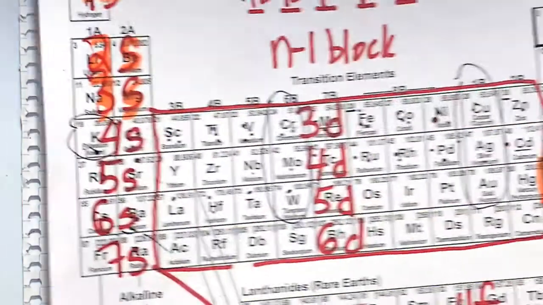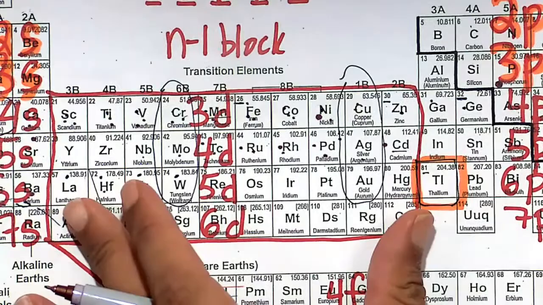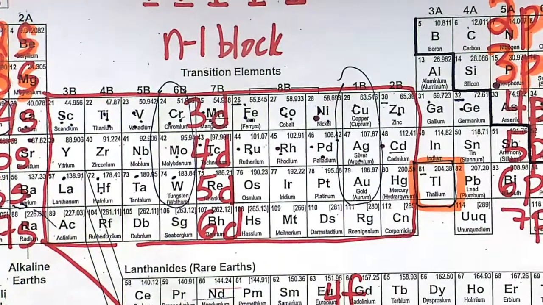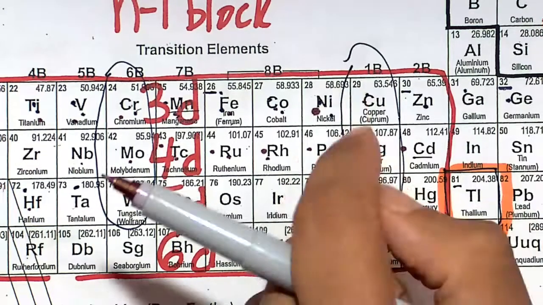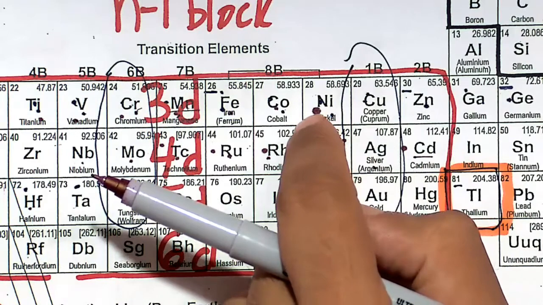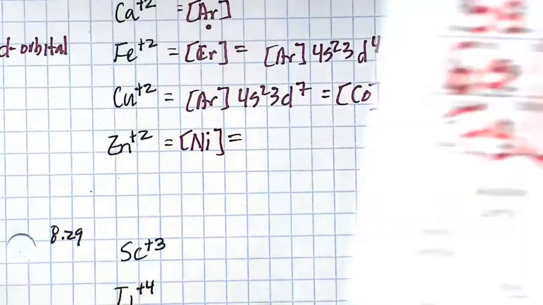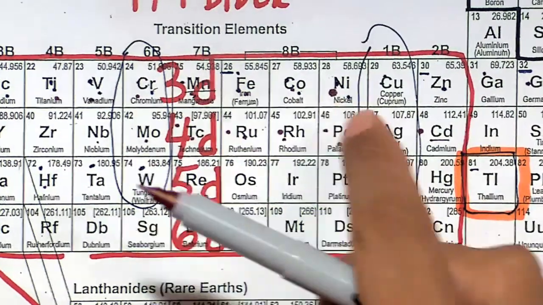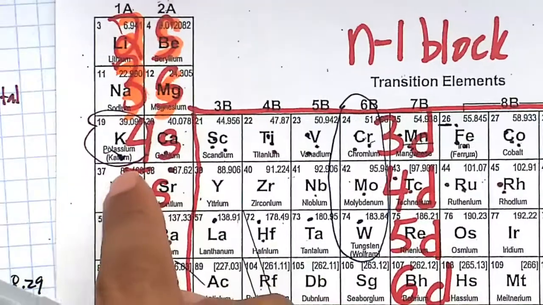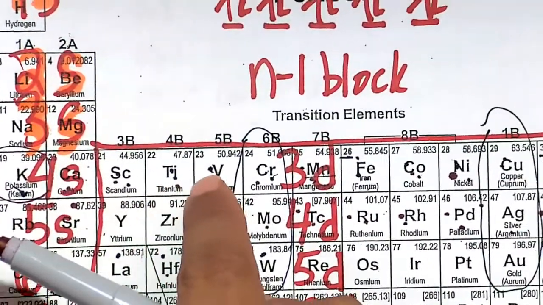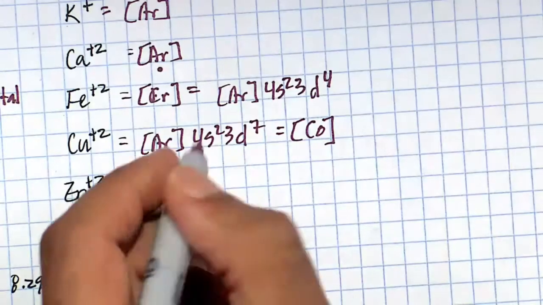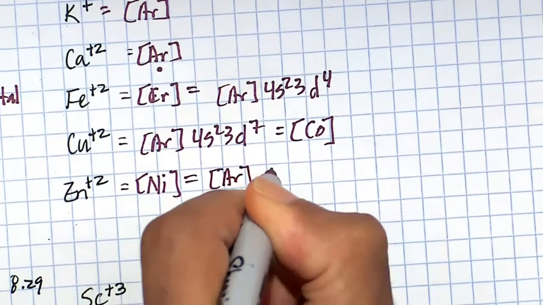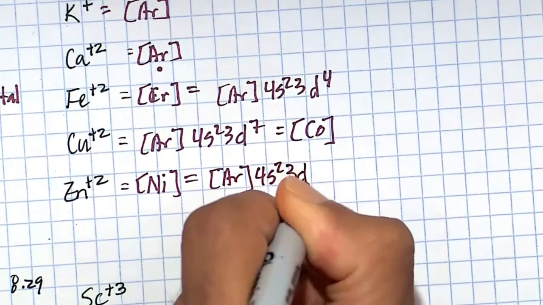And finally, zinc plus 2. Anytime you're in the transition metal block or the n-1 d block, zinc plus 2, we're losing the d first. So of the 30 electrons of zinc, we lose 1 from the d orbital. We lose a second from the d orbital to give it plus 2 status. So zinc plus 2 will have the same electron configuration as nickel. And nickel itself has an electron configuration of argon, 4s2, 3d1, 3d2, 3d3, 3d4, 3d5, 3d6, 3d7, 3d8. So it's going to be argon 4s2, 3d8. And of course,